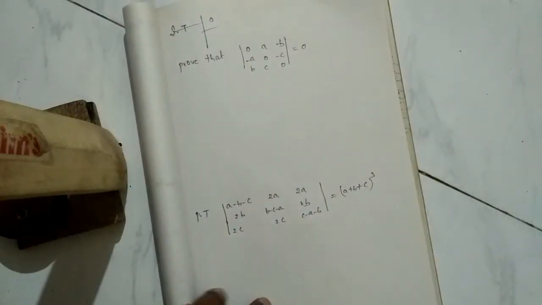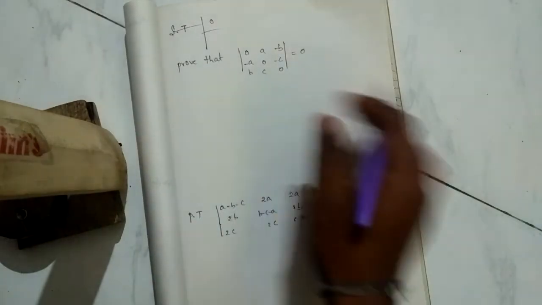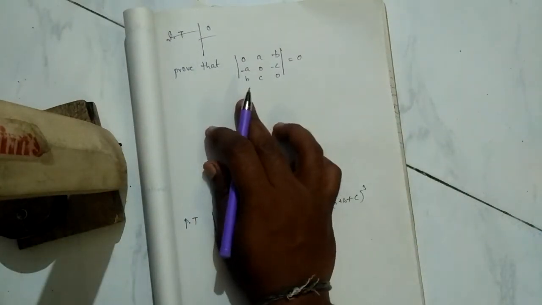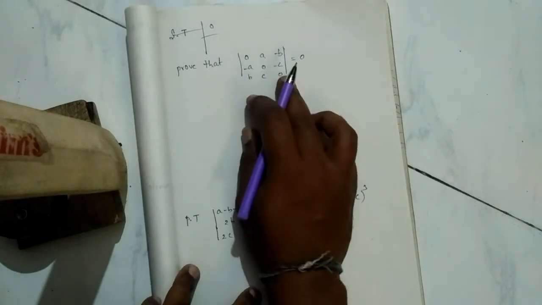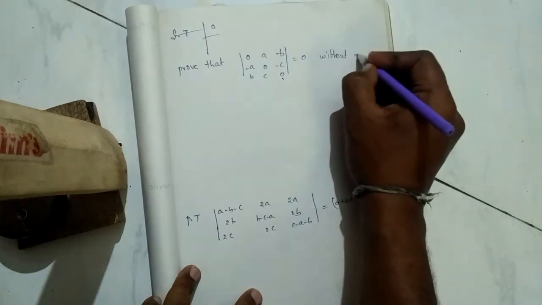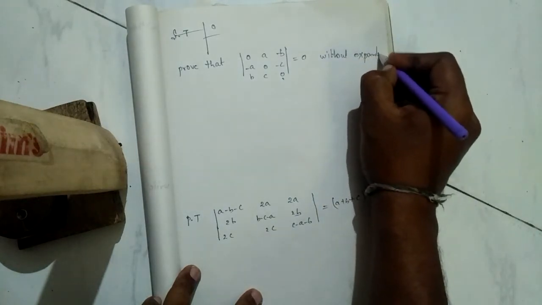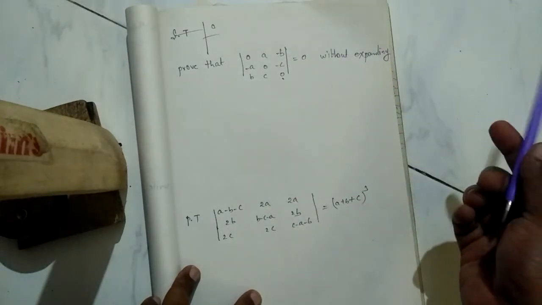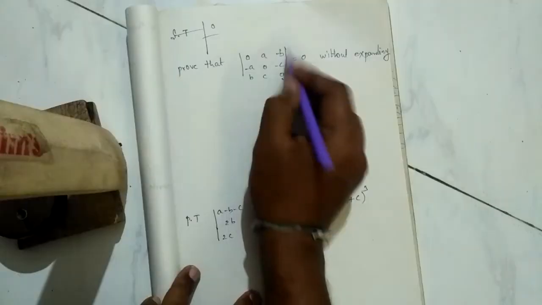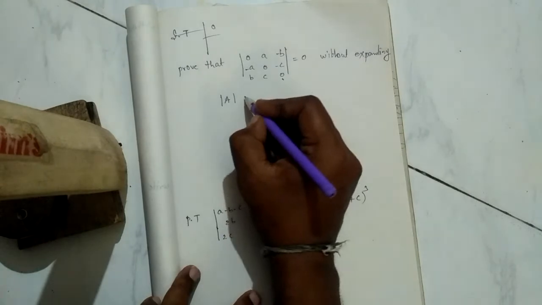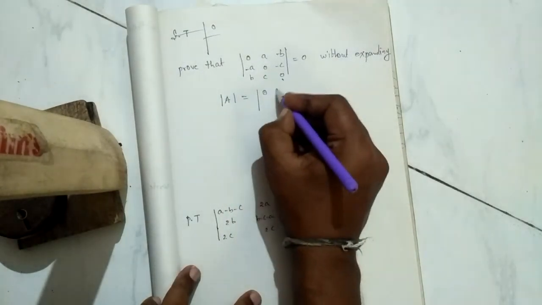Now this one is an important problem, because several times students are confused to answer this one. The question will be asked like this: prove that this determinant is 0 without expanding. If they ask like that, without expanding, how do you do it? We are going to see now. So the whole determinant, you take it as a determinant of A, which is this one,